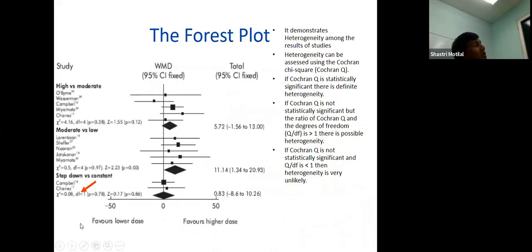So one of the ways we could figure it out is by just looking at the studies. If I ask you about all these studies, 1, 2, 3, 4, 5, 6, 7, 8, 9, 10, 11, 12, all these 12 studies, do you think they found similar findings? How would you answer that question by just looking at this picture? You could look at how many of the squares are to the left or the right. So do you think they're similar or different? Most to the right, so most similar.